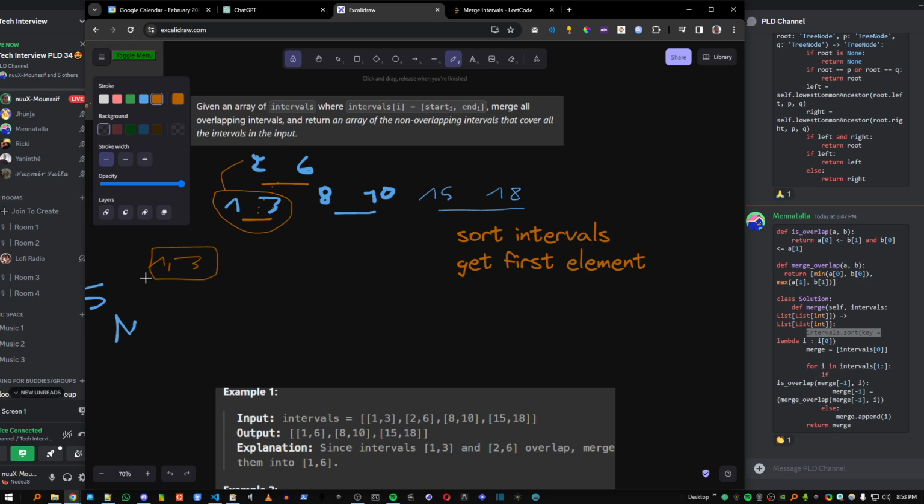Let's call it A, and then we're gonna loop on the rest of the array, starting from the next element, right? And then we're gonna compare 1, 3 with 2, 6. So get the first element,